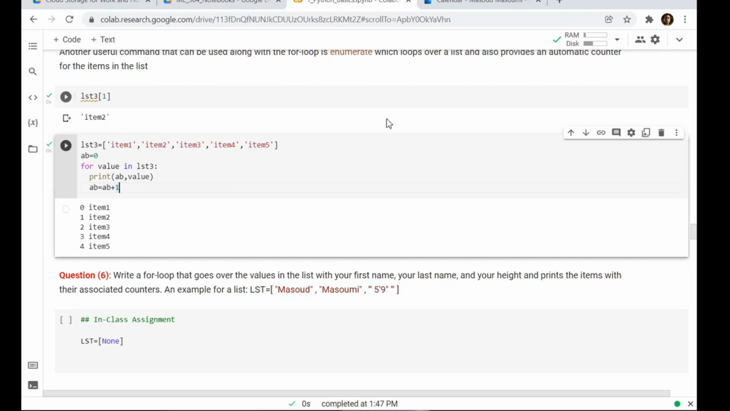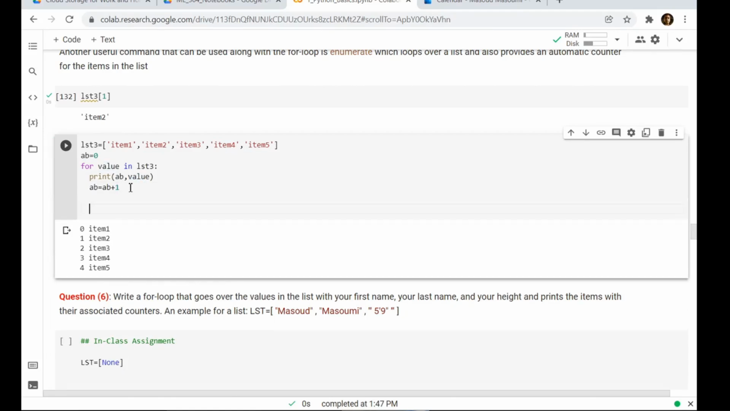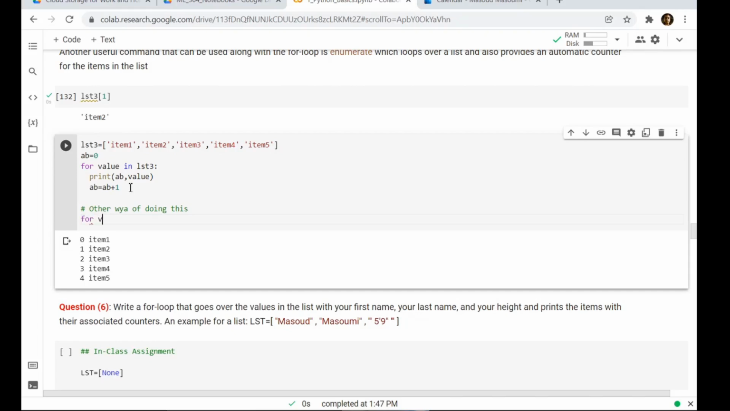Now, if you don't use enumerate, one way to do it is this way. You can define some counter and say, well, where it is, this first element, print the element, add 1 to my counter, and go to the next element. Now, that's really not a very efficient way. Another way of doing this is you can say for value in LST3,